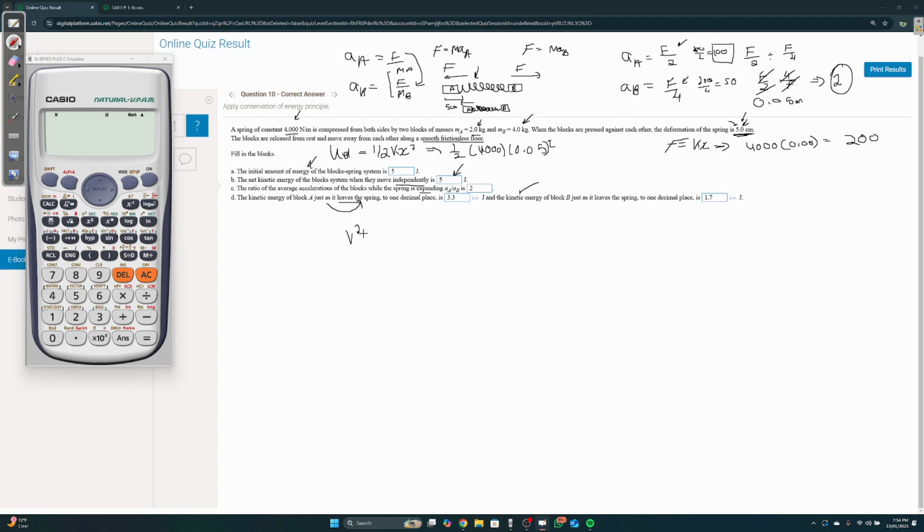Of course you can. v squared minus u squared is equal to 2ax. u is 0 because we're starting from rest. So v squared equals 2 times acceleration 100 times 0.05. So v is equal to the root of all this, and you're going to get root 10 if you do it on your calculator. So now you know that the velocity of A is root 10. What's the kinetic energy? It's half times the mass, 2, times the velocity squared, so root